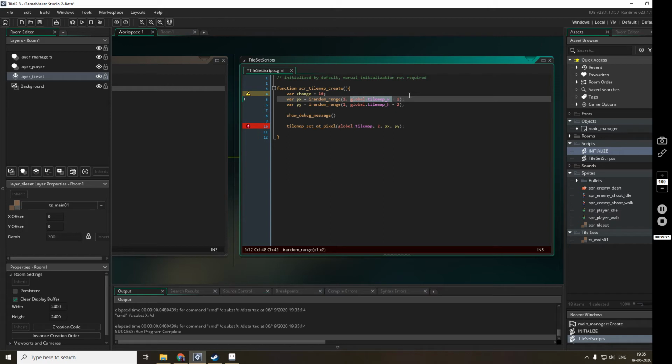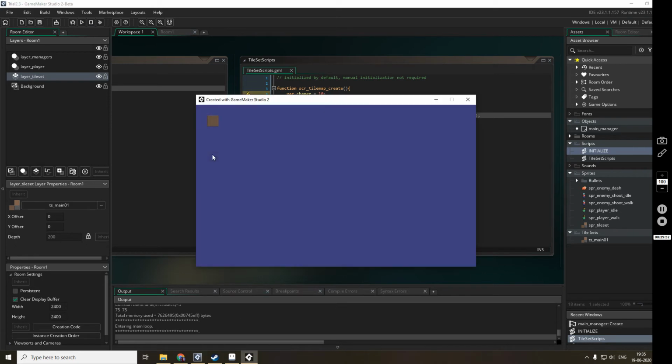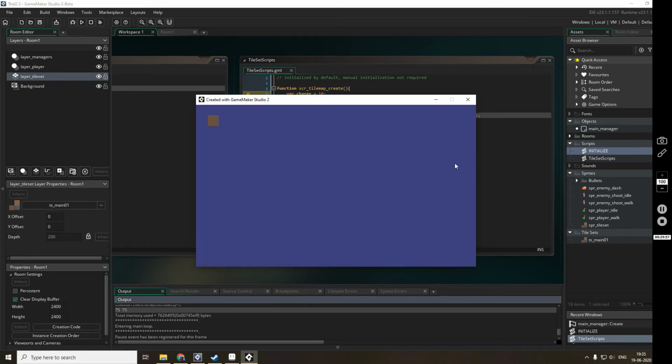What is the global tile map width? Okay, now it is 75 by 75, which should be okay.